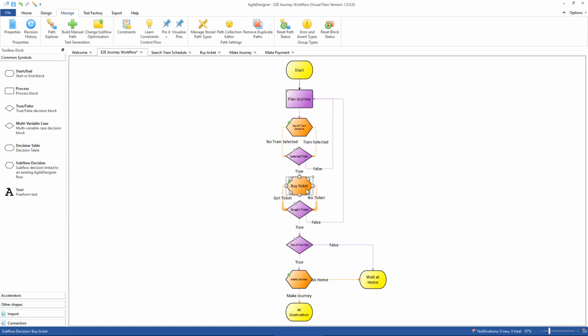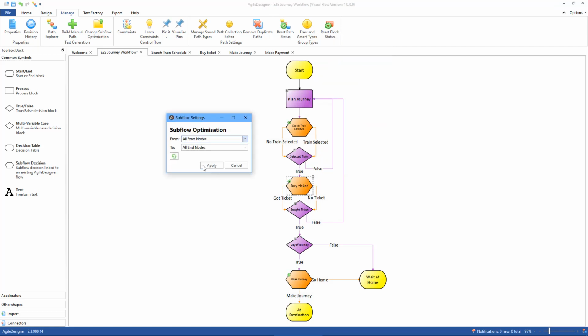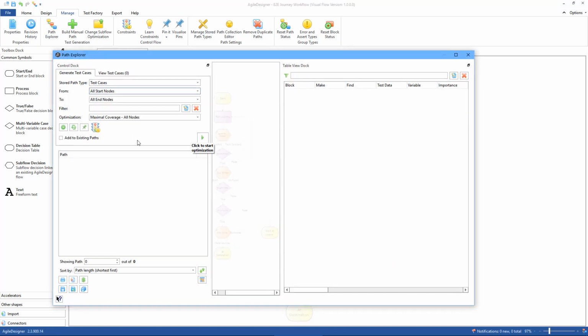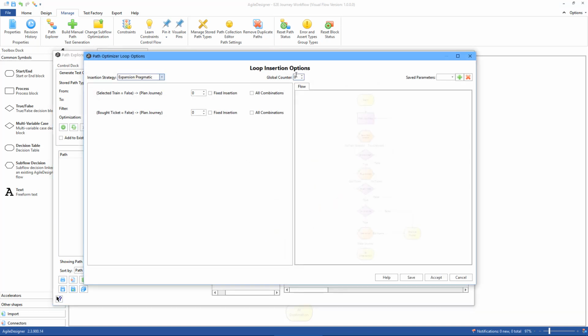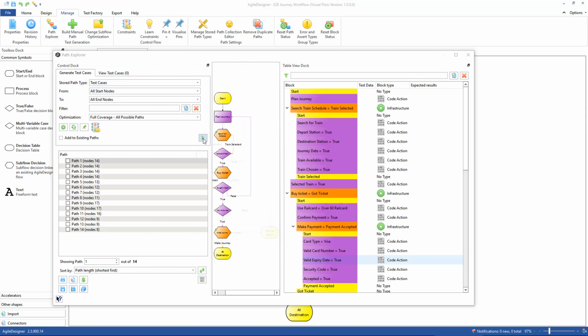So in order to take just a limited number of paths from the sub-process, I'm going to choose all nodes, apply that, and now when we're going to Path Explorer, I'll look at all possible paths, we'll take one route through each loop and see what that produces. So there we have 14 paths in the overall model,